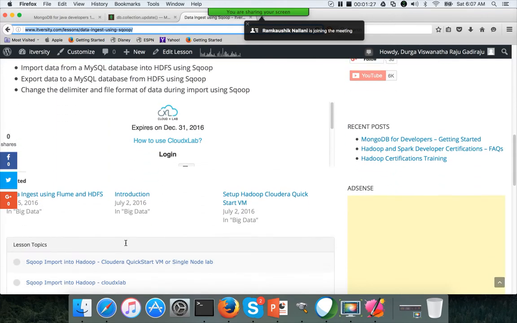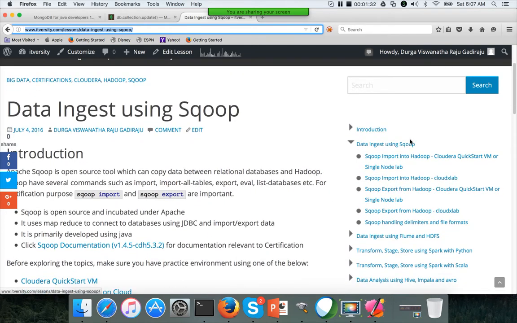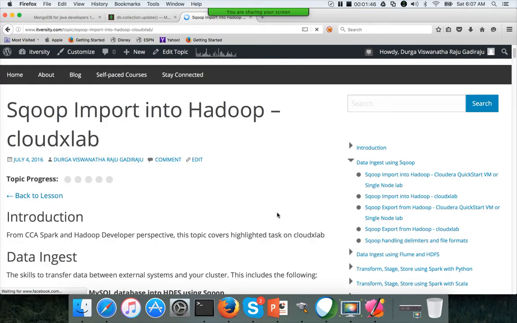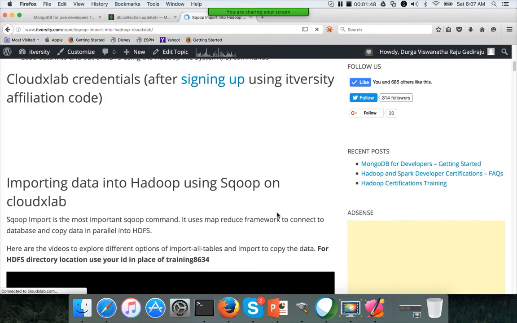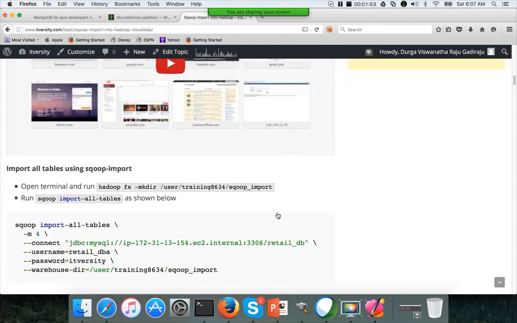And when you get into the individual topic, you will see the topics on the right hand side once you get into this lesson. Whether you are using Quick Start VM or CloudX Lab, you can click on the appropriate link and it will cover almost all aspects of it.